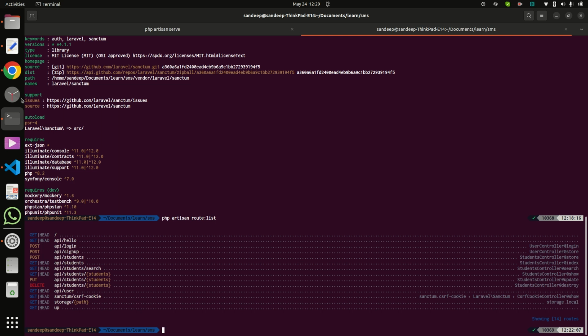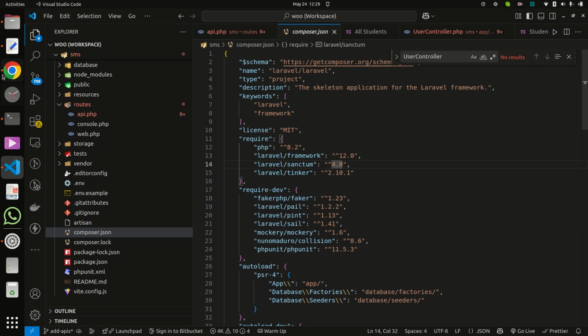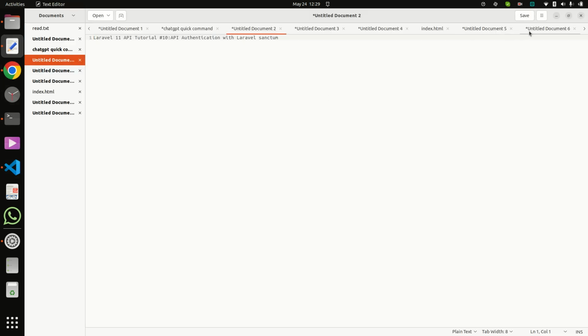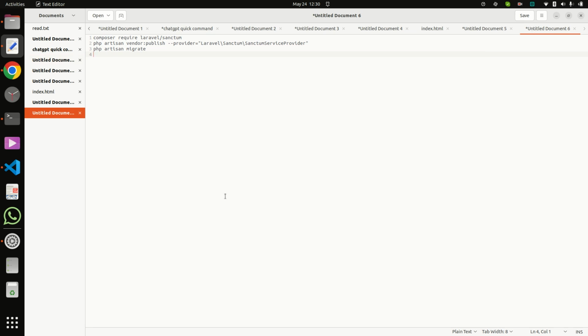If you do not have this route here, then you must install it via composer require laravel/sanctum, then php artisan vendor:publish with the Laravel Sanctum provider, and then php artisan migrate. So via these three commands you will get Sanctum in your project.